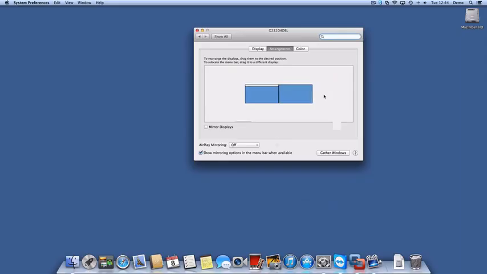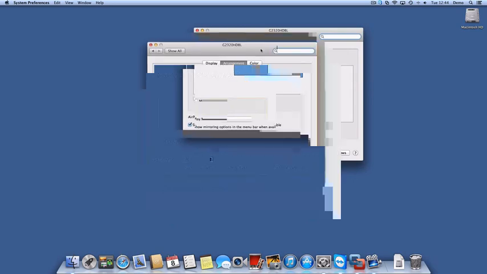But when I go out there, the arrow actually appears on the second monitor, which is physically located to my right. So it doesn't make any logical sense. When I move out of the screen here, it's appearing on a screen that's to my right instead of to my left, which is why you use the arrangement and you say, no, actually that screen is not there. That screen is here. Okay, it readjusts itself, and now when I move out of here, it just moves straight onto the other screen,